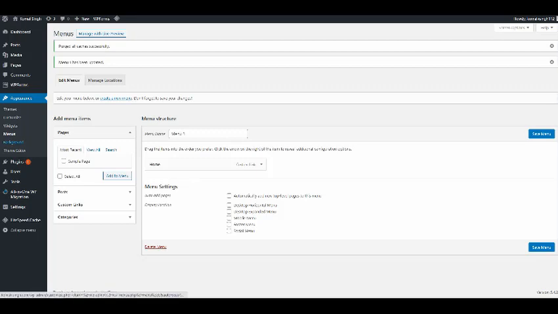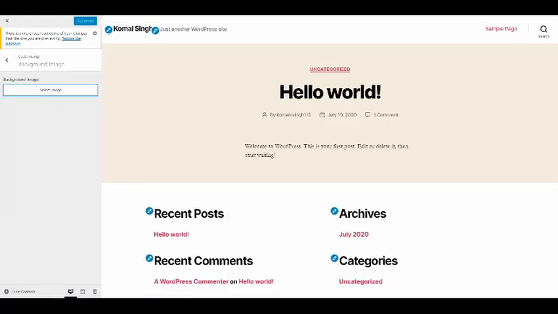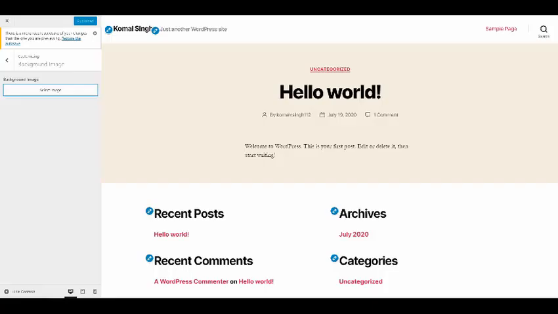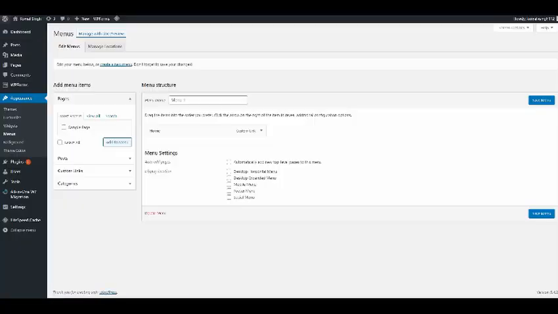Now this is the background of your website, and how you want your background. Okay, so you can also see. Now just going to this. Okay, we don't have any file, so you can add any file and it will appear in the background of your website, in the background of your theme.